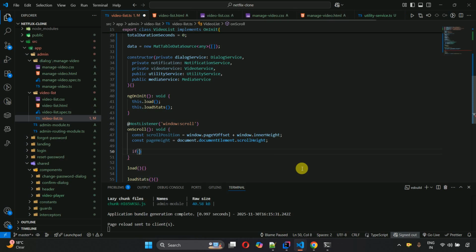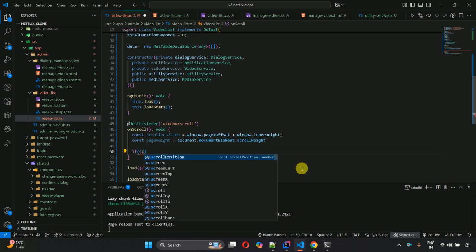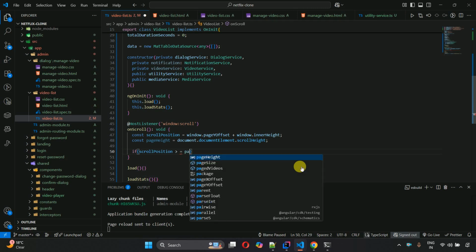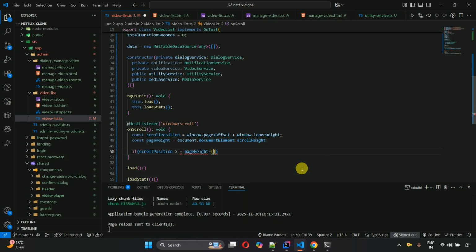And then if scrollPosition is greater than or equal to pageHeight